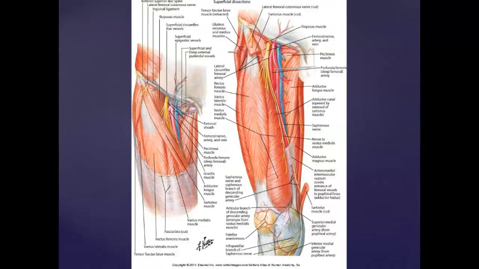Now we're going to talk a lot about these structures on the inside of the thigh, but the thing with this is that you're not going to be able to necessarily find these structures particularly. It's not going to look quite as good as Netter has drawn it here. It hardly ever does, but what you'll want to do is take the femoral sheath, which is going to be around this,